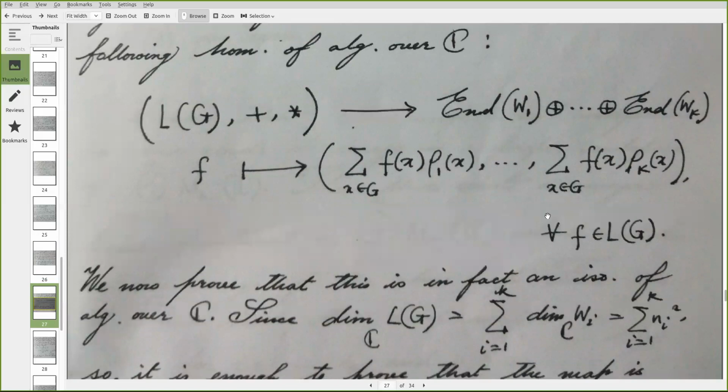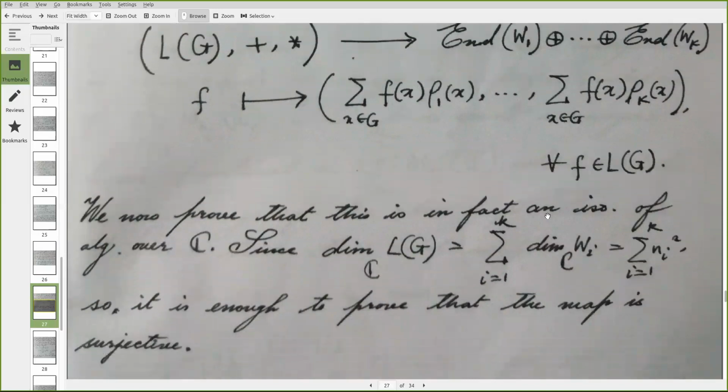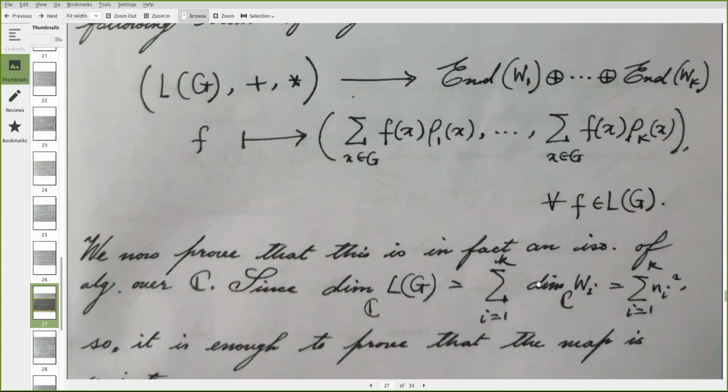For that, it is enough to prove that this is bijective. So to show this is bijective, I'm saying that it is enough to show it is surjective, because if you look at the dimension of both sides,